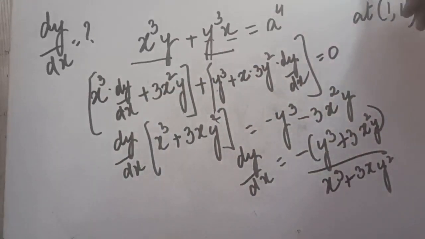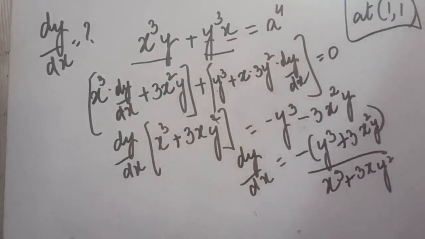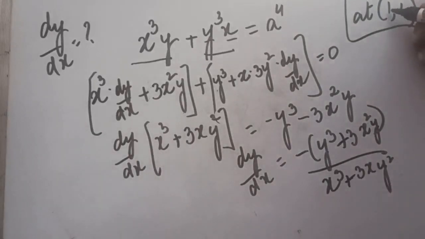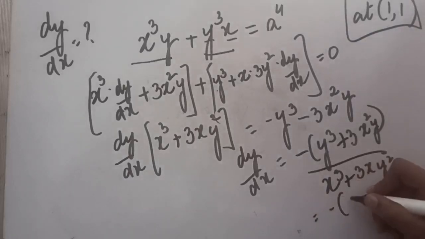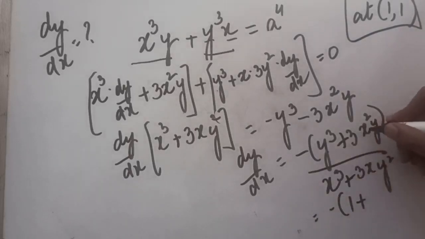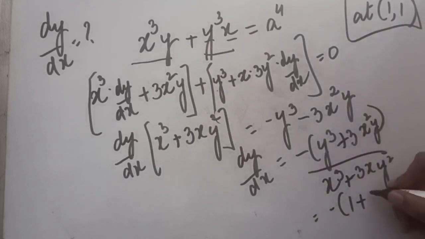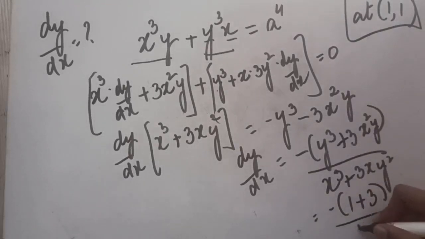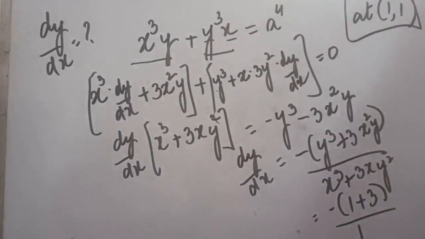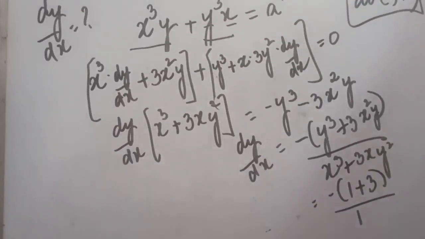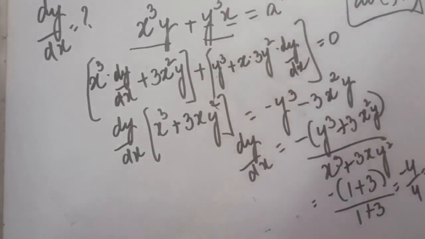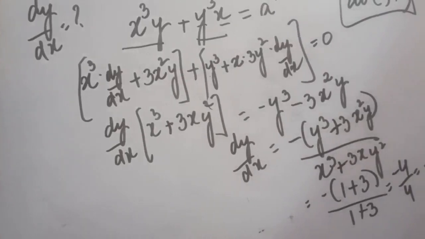Plus in the question it has been given that you have to evaluate the value at 1. Now fill 1 where x is there, fill 1 where y is there. So minus 1 cube will be 1, plus 3 into 1 square into 1, it will be 3 only, divided by 1 cube is going to be 1 again, and plus 3 x into y, again it is going to be 3. So when you will solve this, it is minus 4 by 4. Ultimately our answer is minus 1.